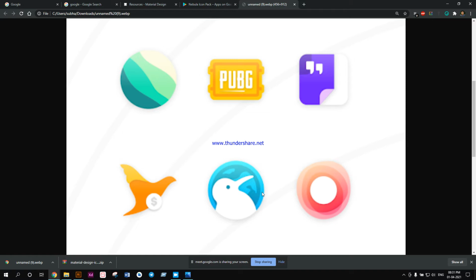We are just going to apply some styles of our own, but that's about it. We are not going to change the icon to that extent that you will not be able to recognize the icon. So we'll design the icon, but still you will be able to identify which app this is for. So that's basically what is done.